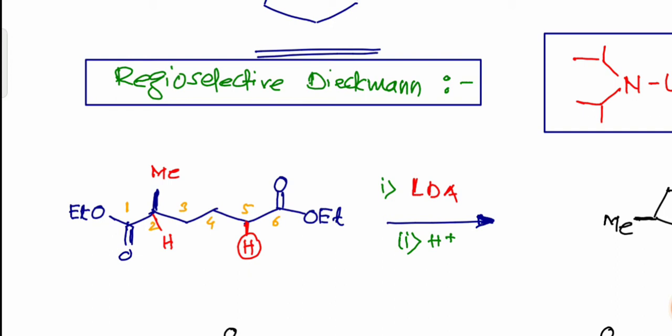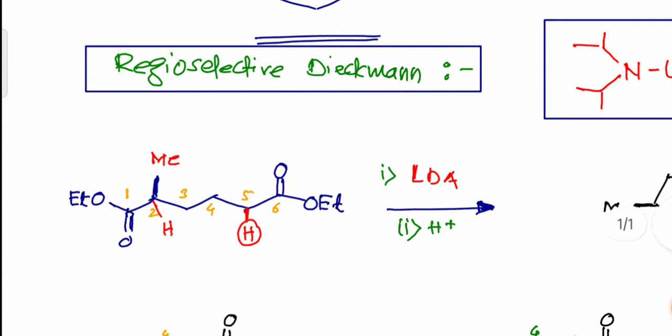So there are still two acidic hydrogens. If I mention the numbers, at the second position and the 5 position there are two acidic hydrogens, but your reagent is bulkier, so obviously it will abstract the hydrogen from the 5 carbon, not from the second one, and that is called regioselective enolate formation. And if you have regioselectivity, that means you will get a predominant product, the major and minor product, and the reaction will proceed toward that pathway.